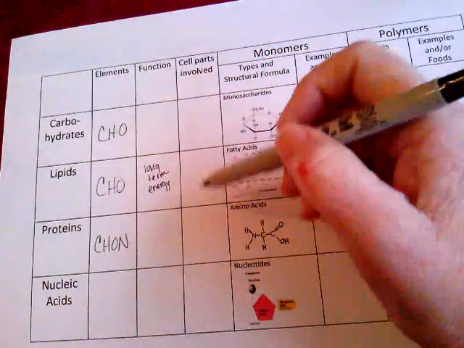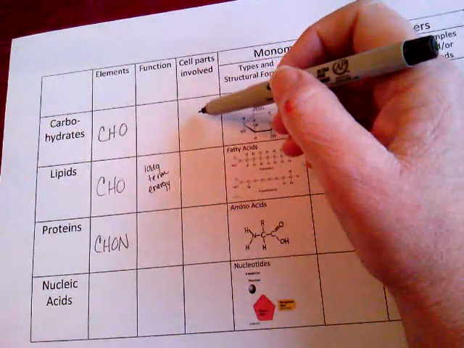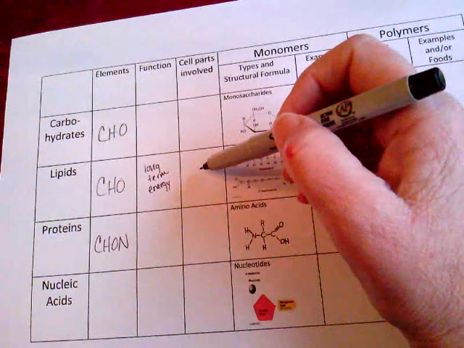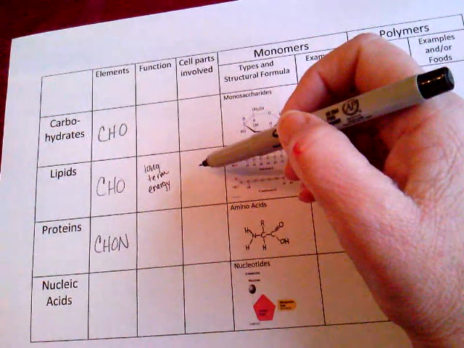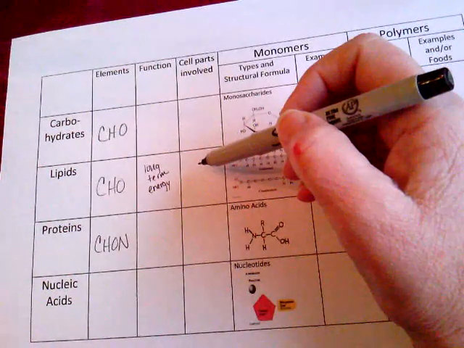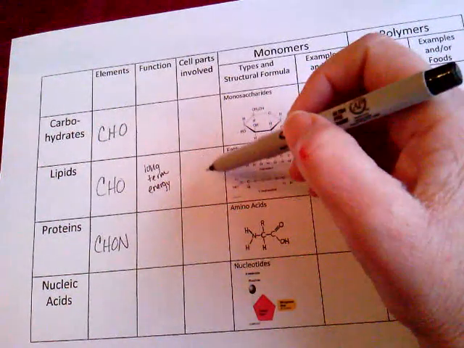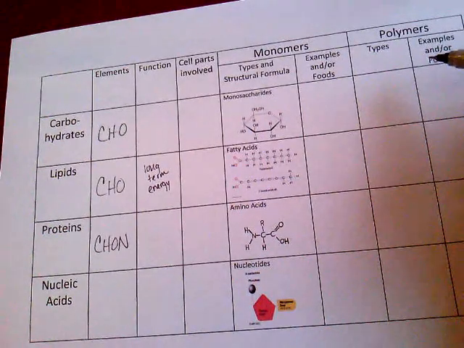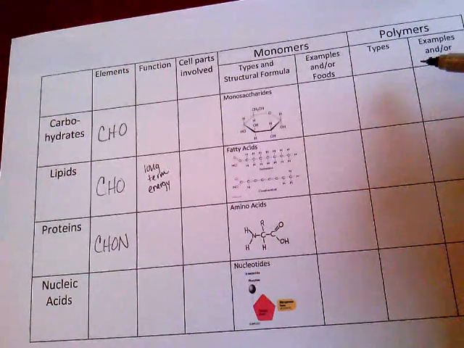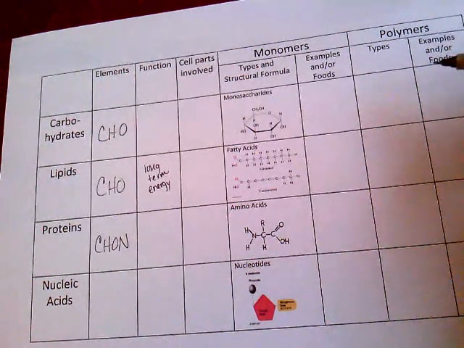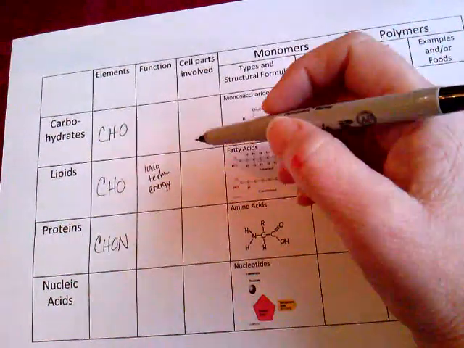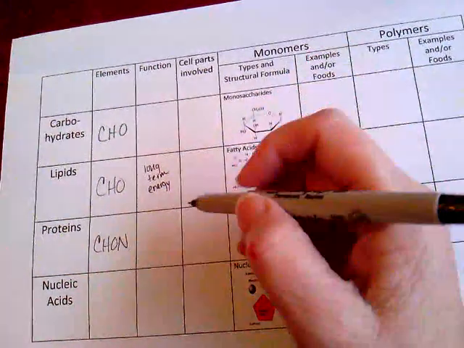Cell parts involved. What makes carbohydrates? What breaks them down? Look that up in your notes. Lipids. We said phospholipids are a big important part of a certain cell part. So when we think of lipids, this cell part that's in the ER and in a vacuole and in a Golgi apparatus and even in the cell plasma boundary around this cell, that's the cell part that's involved in here. But proteins, I always like